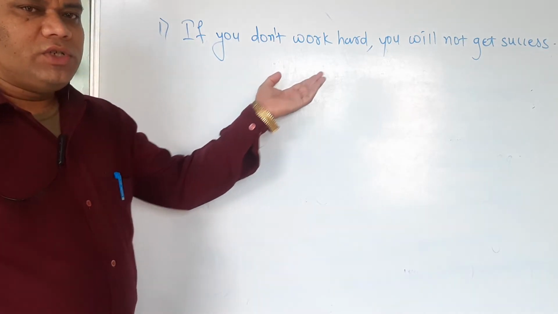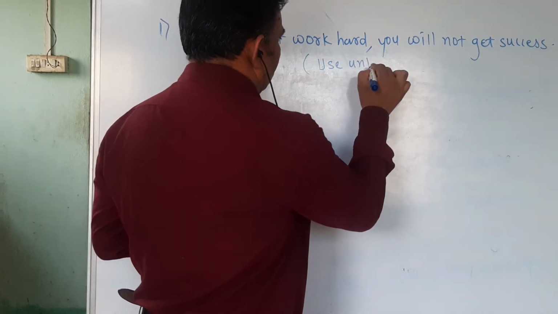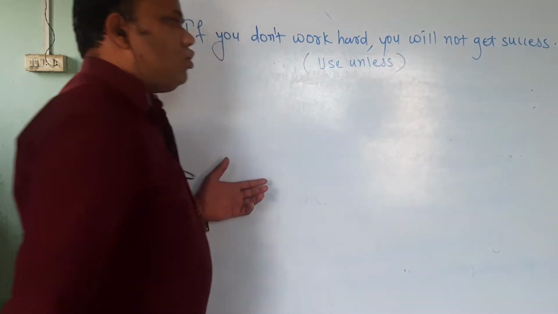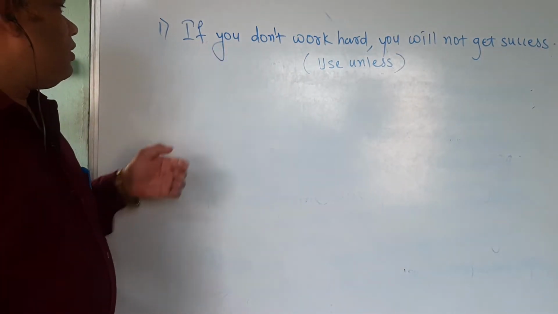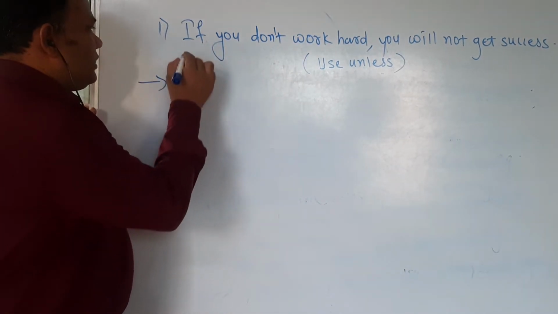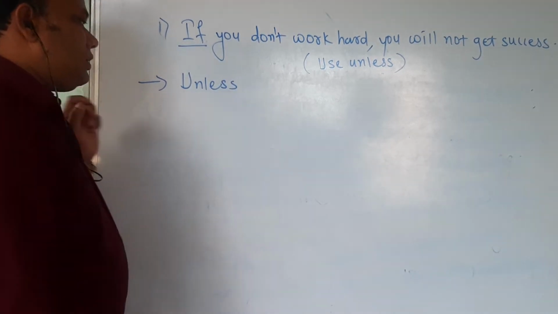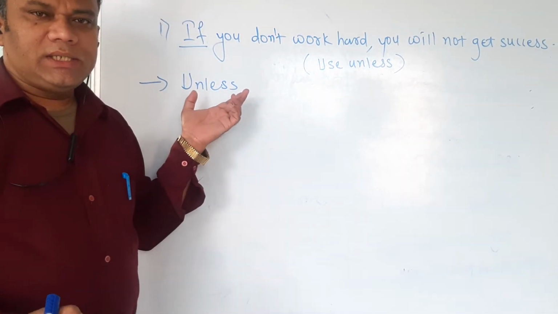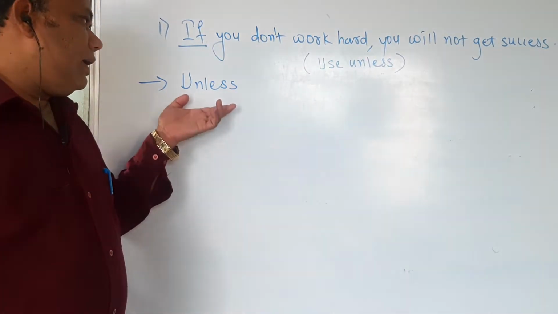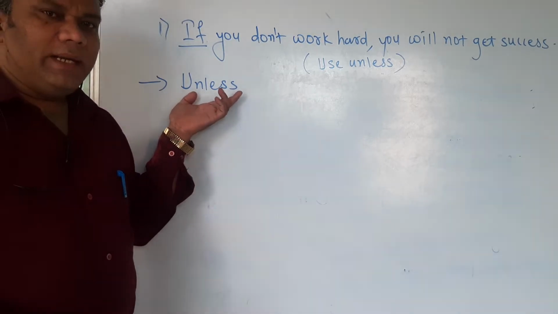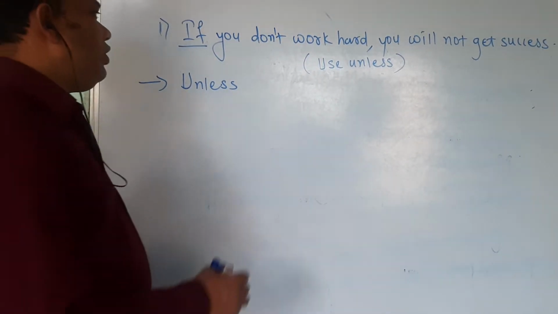We are going to use unless. So, as I explained in the rules, the word if we have to replace with the word unless. Now the word unless is the combination of if and not, means it contains if also and it contains not also. After unless we have to use the subject,